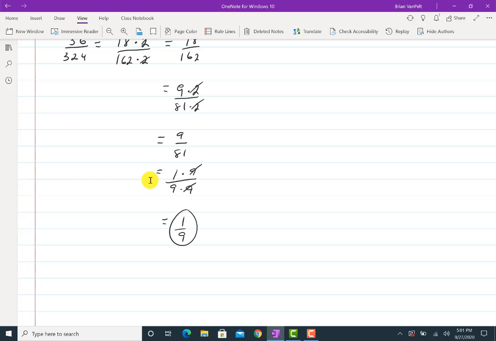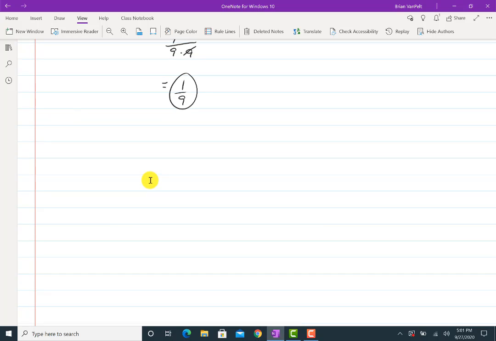And whenever you get a numerator that has 1, you're done no matter what, because there's nothing other than 1 that's going to go into 1. So what I've circled here is the answer in lowest terms. Now I want to show you how I'm going to redo that example,